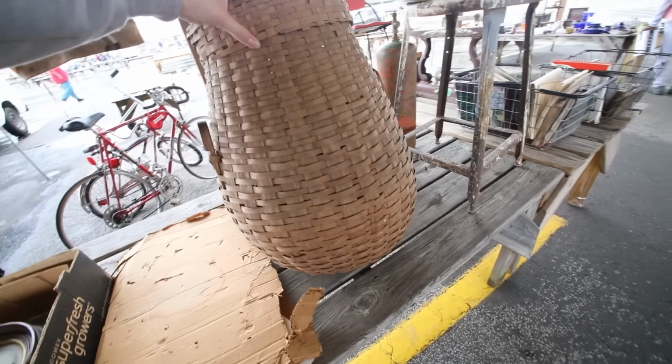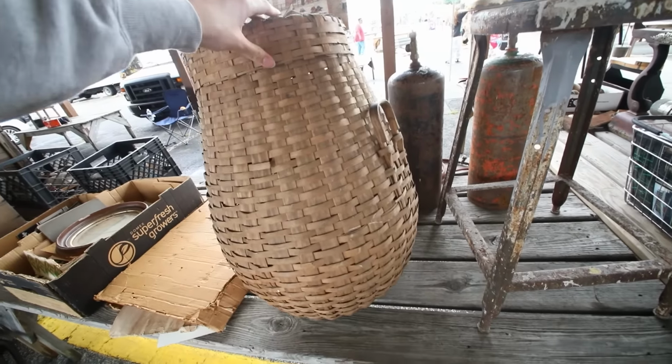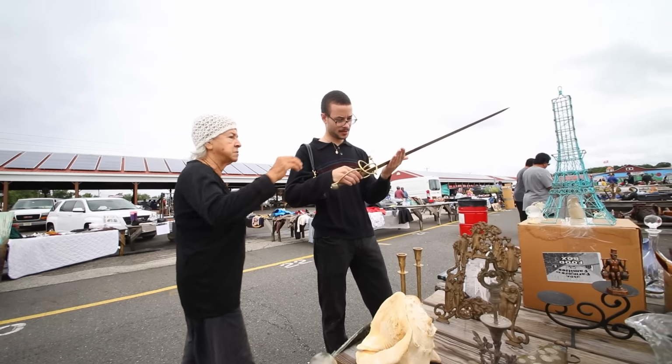She got a new bag. I want this basket. That's cool. I actually do like it. Art Deco. Interesting. Yeah, historical Jerusalem. And it says here,